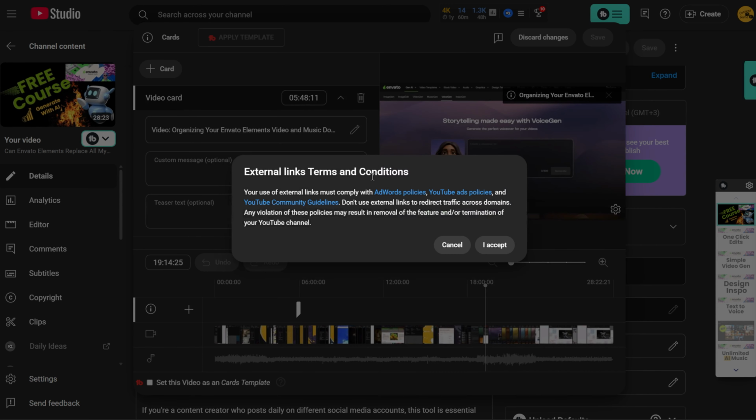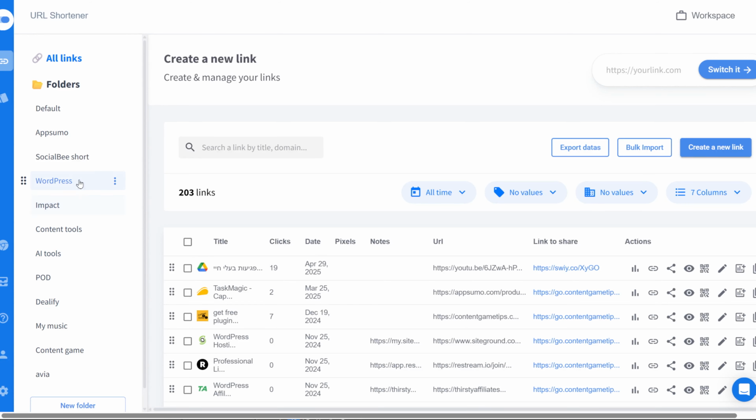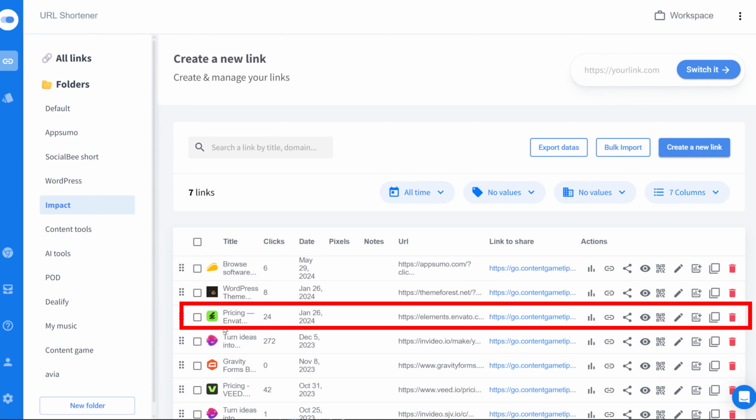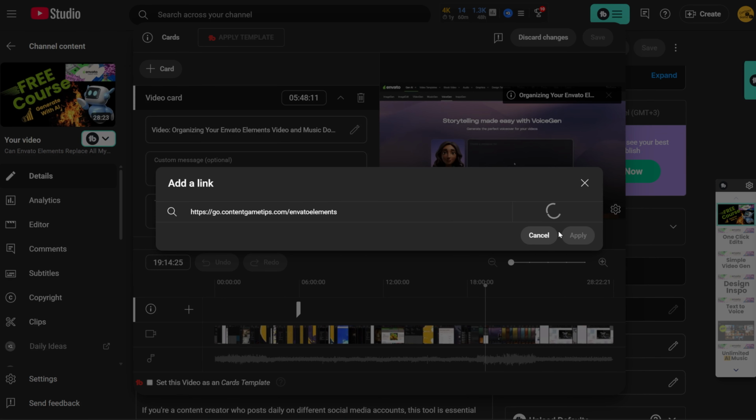The first time you open it, you need to confirm that you understand the terms. If you need to refresh, then click the link to read them. After you confirm, you can add the link. Add the URL you want to link. In this case, I'm using Switchy to organize my affiliate links, and I have the affiliate link for Envato Elements. You can watch the video in this card that is appearing just now,